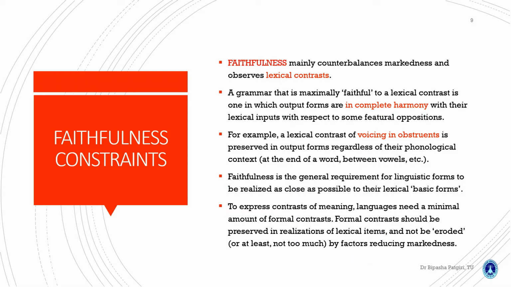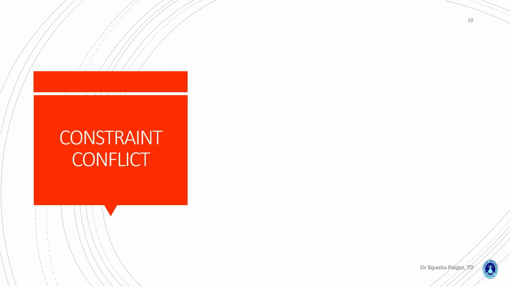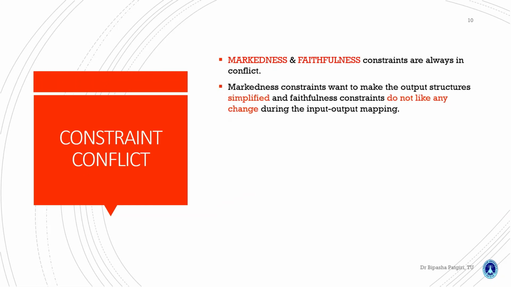reducing markedness. So, on one hand, the faithfulness constraints want all the inputs to remain the same in the output. On the other hand, markedness constraints are already there to look after the output forms, and if there is a not very well formed structure, then markedness constraints try to simplify those. While trying to simplify those output forms, faithfulness constraints are violated. If there is a simplification of any input to have the output structure, then faithfulness constraints are violated. So how does the constraint conflict arise? They are always in conflict. Markedness constraints want to make the output structure simplified, and faithfulness constraints do not like any change during the input-output